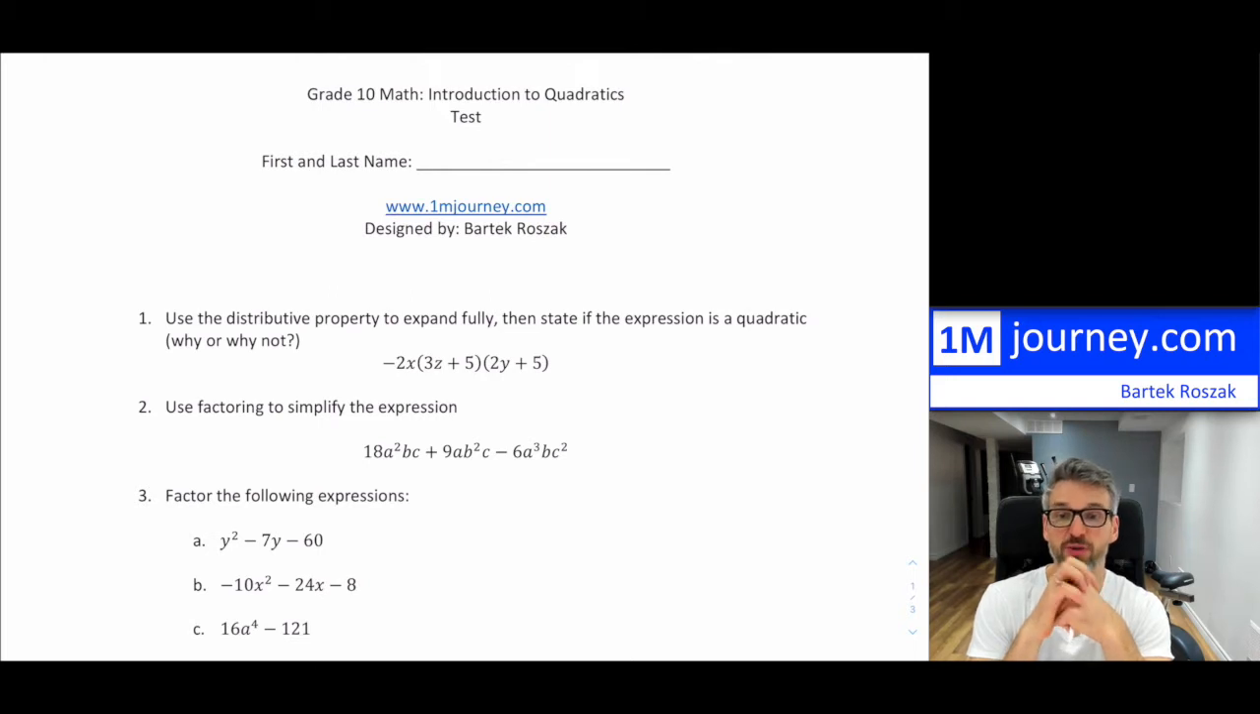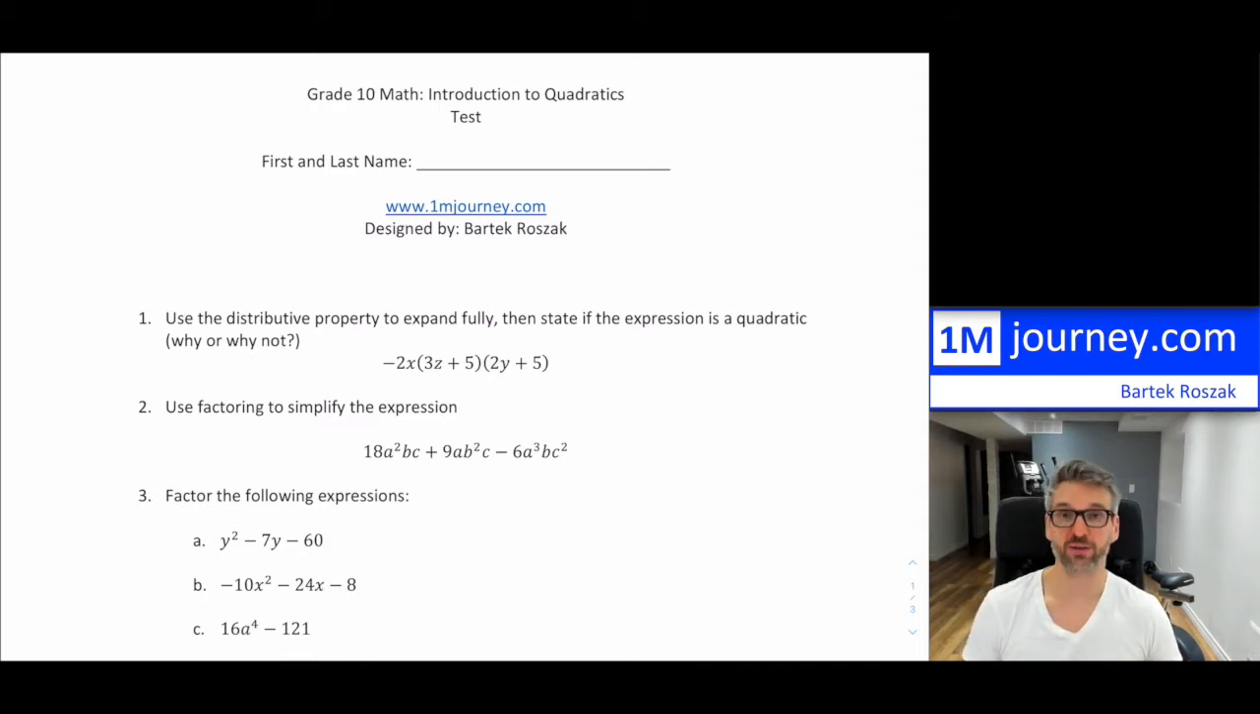Once you do that, you can take probably about 60 minutes or so to see if you can knock these off. Then you can return and check for yourself if you got the questions correct. I'm going to try to do a walkthrough of every single question here. Let's get started. Question 1: use the distributive property to expand fully, then state if the expression is a